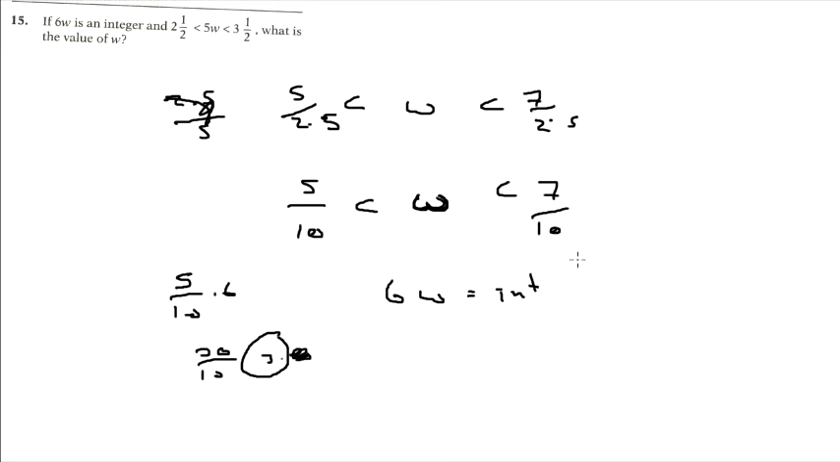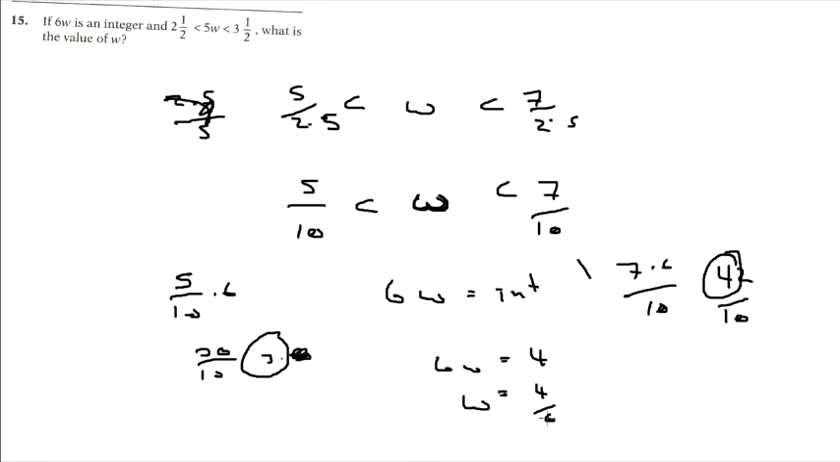On the other hand, if we were to pick 7/10 as w, so 7 times 6 over 10 is 42/10, which is a little bit more than 4. So it looks like the number we're looking for here is going to be a 4. We want a value of 6w equals 4. So if w were to be